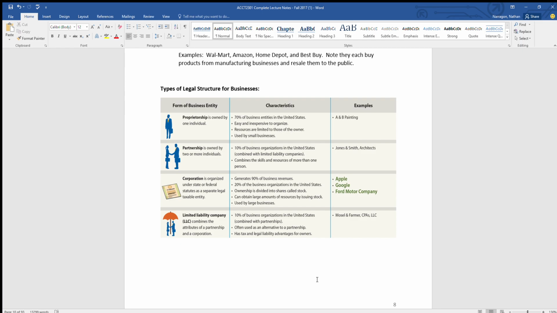Now, for purposes of married couples, husband and wife, they are considered in the eyes of the government as one individual, so they can fall under this also. Basically, this is the big chunk of businesses in the US. It's about 70% of all business entities are